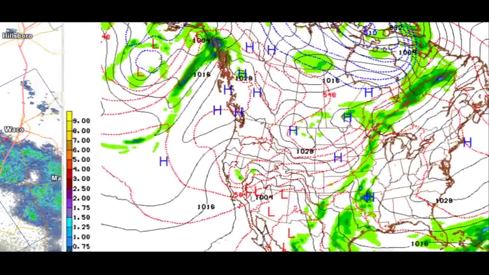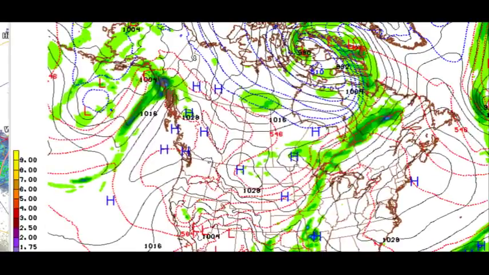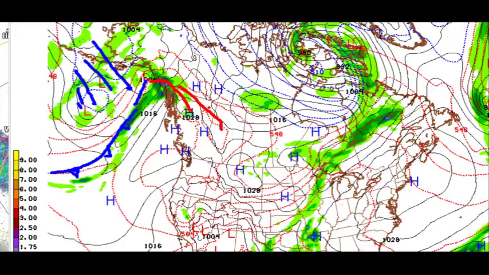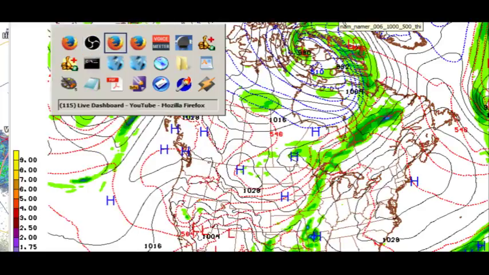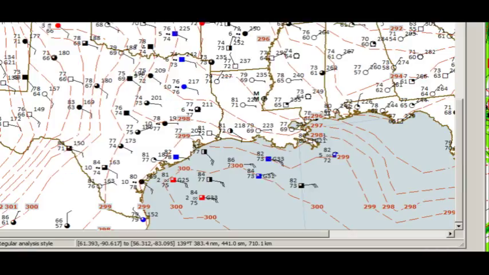And then out in the Pacific, we have another system heading this way. There's the cold air over the western Gulf of Alaska. There's the cold front heading for the Pacific. And it looks like the warm front is up in Yukon and northern British Columbia, maybe something like that right there, or maybe something like this. So now we have a pretty good idea where all the air masses are, and we can take a look at the surface chart and